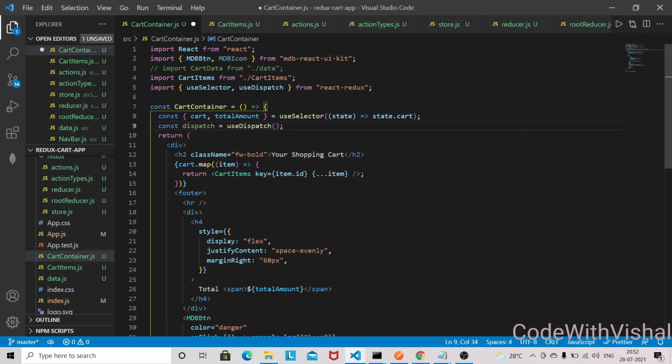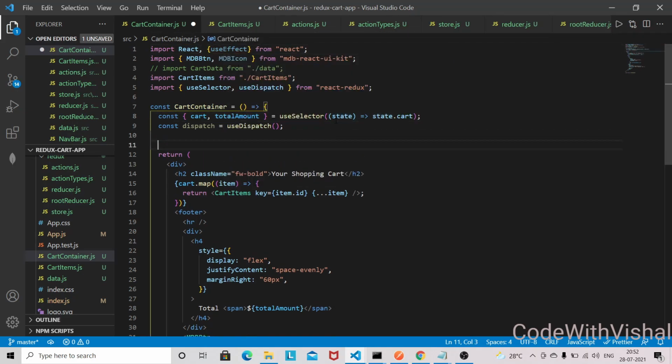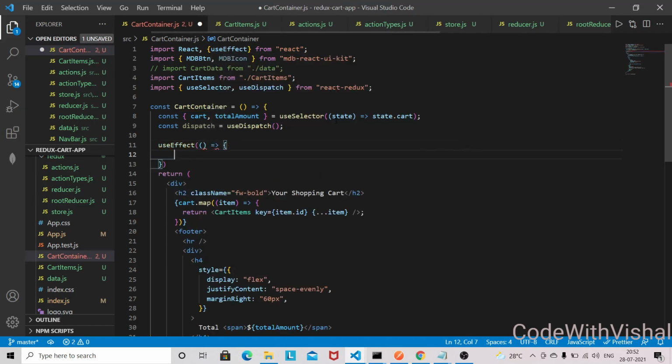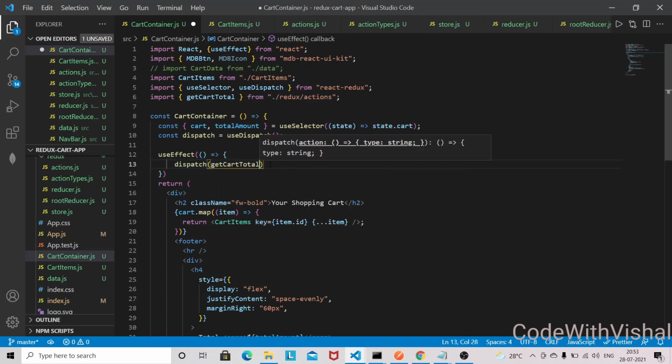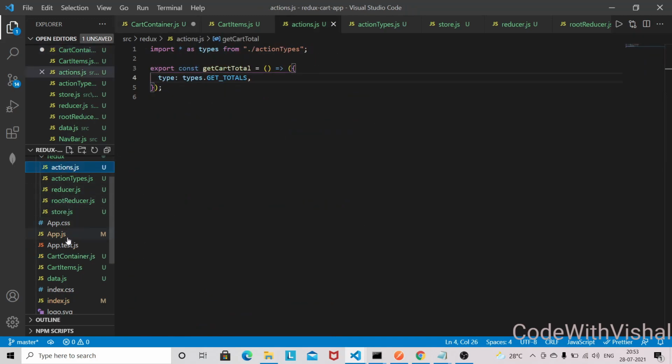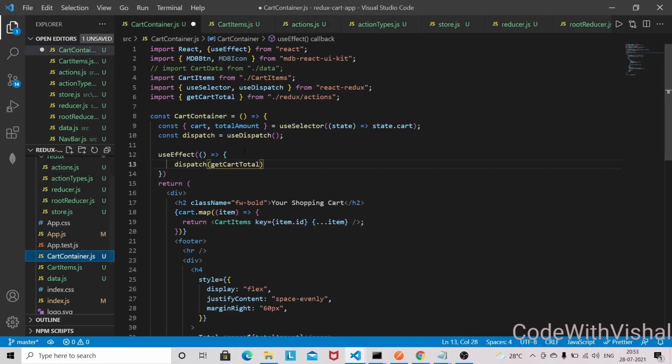And we also need to bring the use effect, and inside this use effect I am going to dispatch the action. So get cart total. My VS Code automatically suggests this action from this file, so it automatically imports that action, and I'm going to dispatch it.